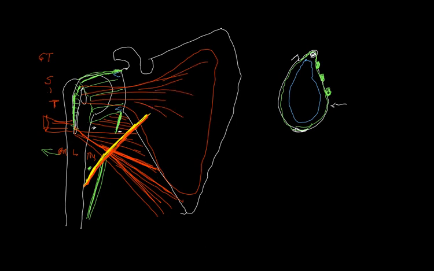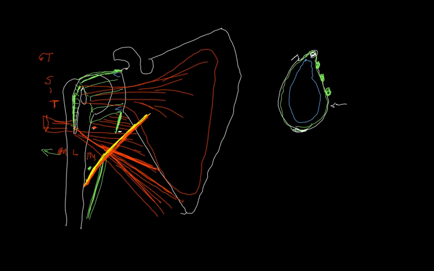Below this quadrangular space, you have teres major. Then you have the surgical neck of humerus on the lateral side and long head of triceps on the medial side. It passes